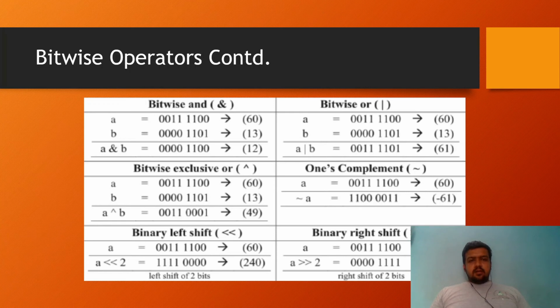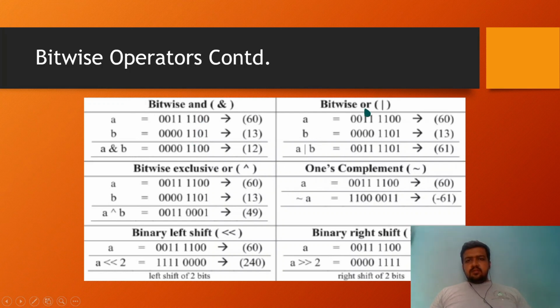These operators take input sequences as binary sequences. These are zeros and ones. So they perform operations on each of these binary operands, taken one at a time from each of the operands. Let us start with binary AND. For binary AND, both values should be 1, then it will result in 1, else it will result in 0. In this case, we can see 0 and 1, only one value is 1, so we return 0. But in this case, where both values are 1, we get a value of 1.